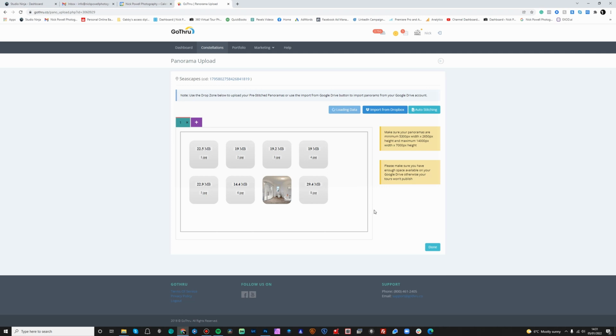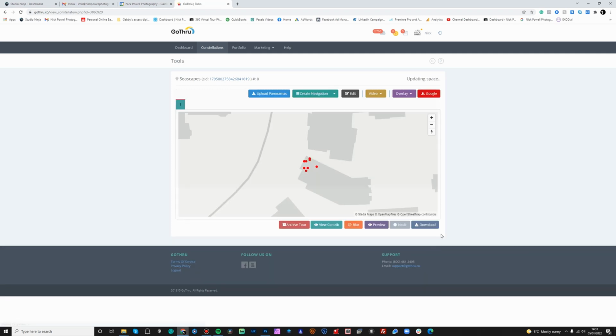And there we go. So they are now all uploaded. We click on done, and then we're presented with this screen here. Now, the next thing that I do, and please remember that this is my workflow, the way that I use Go Thru. There are many different ways you can do things, and many different buttons that I haven't looked into, but I think this will give you a good idea of how to publish the tour to the Google Business page. So if we click on Desktop Moderator,